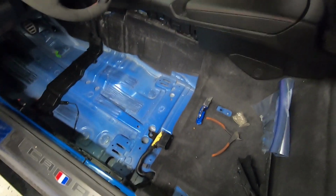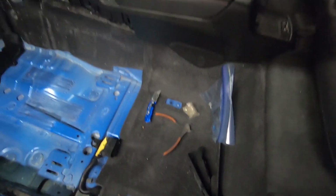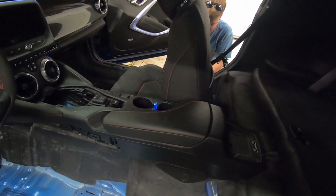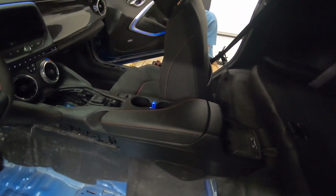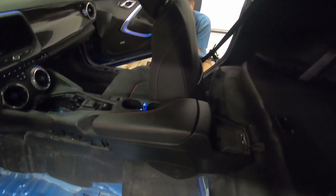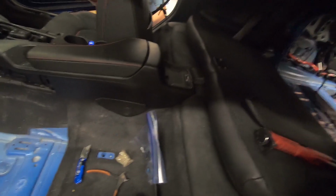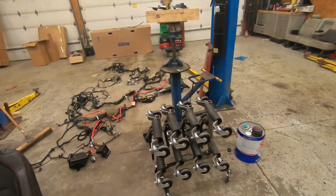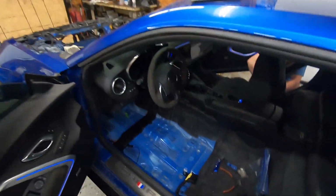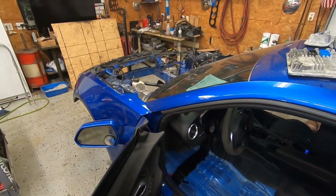So the driver of this thing was 4'11", and the seat was real far forward, so we could get to these bolts without having the battery or anything hooked up. That seat is way far back in normal 6-foot person position, so we can't get to the rear bolts. It's got 2 rear bolts here, and then it just slides out of the front, out of those things right there. Well, as we found out looking at our new harness, the seat's fuses are in the engine compartment fuse